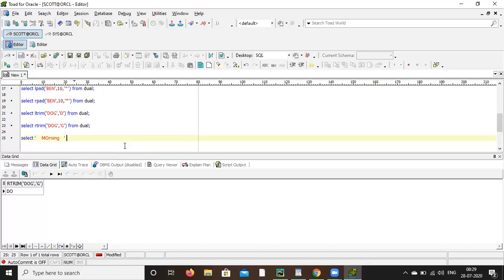Now comma, trim, within bracket, copy that same single quote morning, paste it. Bracket close, from dual. So if you see here, there is a space, and it will trim the space from both sides.